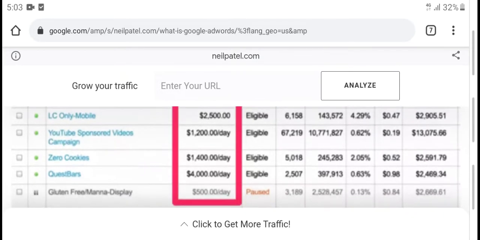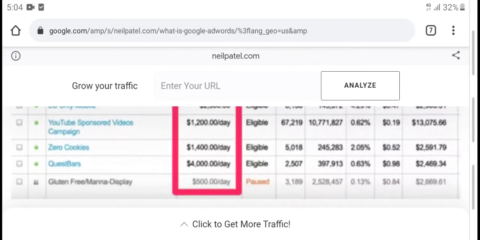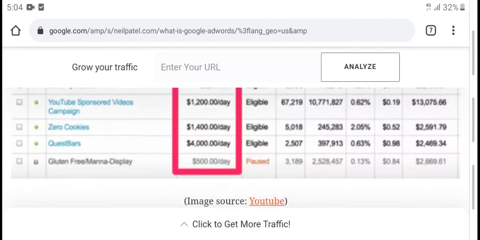Zero cooking quick, grid mounted display views and